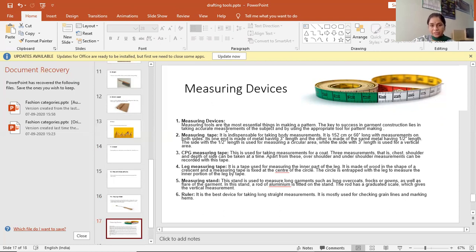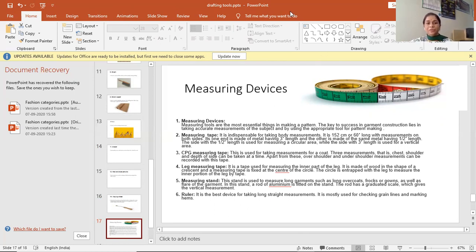Measuring stand. This stand is used to measure long garments such as long overcoats, frocks, or gowns, as well as the flare of the garment. In this stand, an aluminium rod is fitted on the stand. The rod has a graduated scale which gives the vertical measurement.